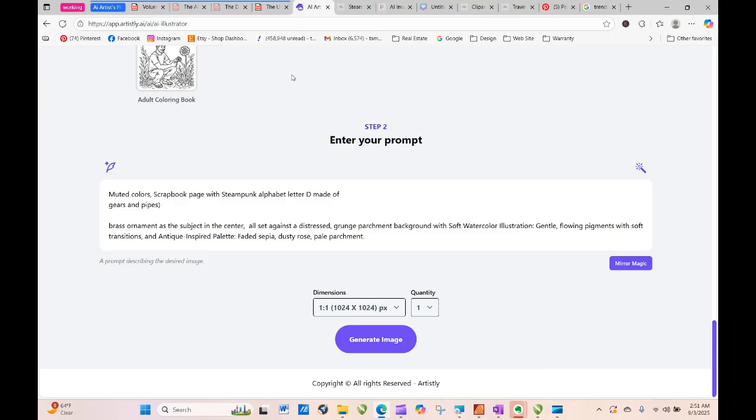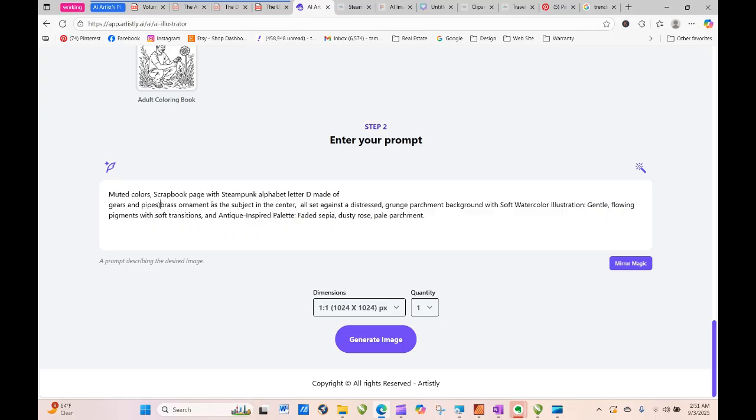So we had the steampunk. So now what we're going to do is we're going to go in and I'm going to take and do sort of add in